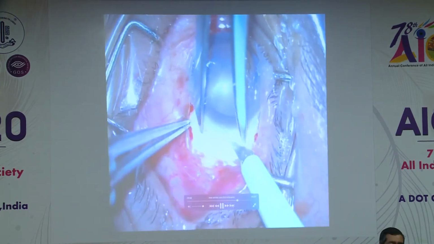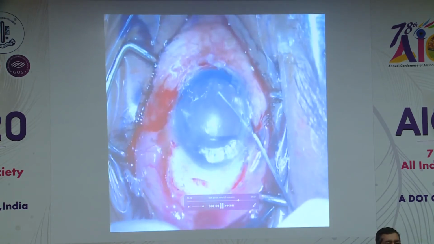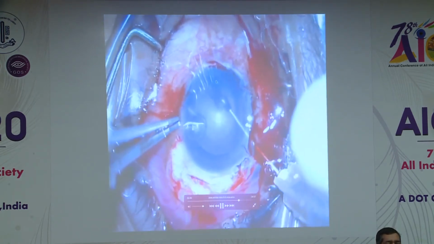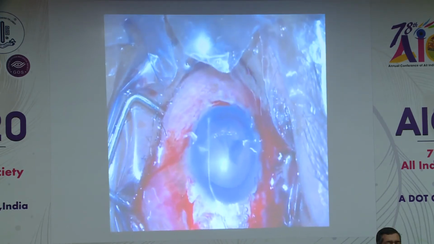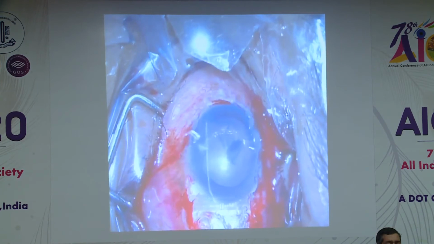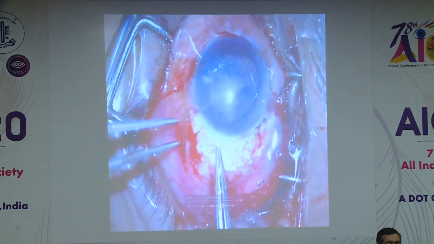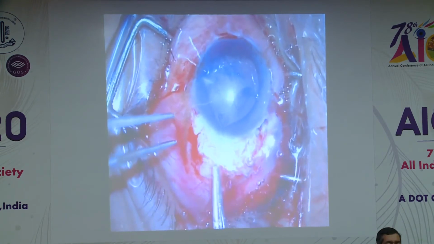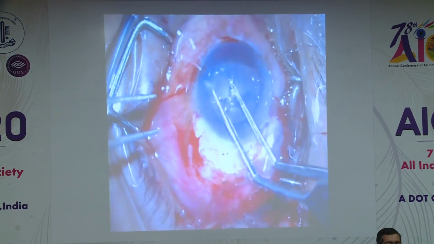This is a third case who had come to us with a history of corneal trauma, and I could see a glass foreign body lying in this patient. So I went ahead and I did first a phaco. I've done a rhexis here. You can see I'm nudging the glass foreign body lying in the angle area, and I first removed the glass foreign body. Yes, this is the glass foreign body coming from the angle area.